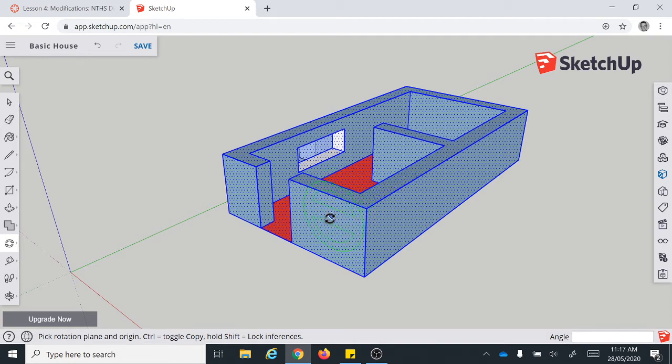So if I want my house to rotate along the green axis here, I can hover my mouse over this wall, or any of these walls on this side, or even on the end here, because they're all facing the same way. And also, my compass suddenly turns green to show me that it's going to be rotating along that axis. If I left click once,